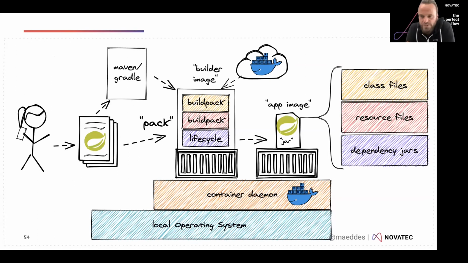If you happen to use Spring Boot, there is an even easier integration, an alternative where, if you don't want to run the pack command to build and package your image, you can also use Maven and Gradle directly to execute a Maven build and have that result in a container image